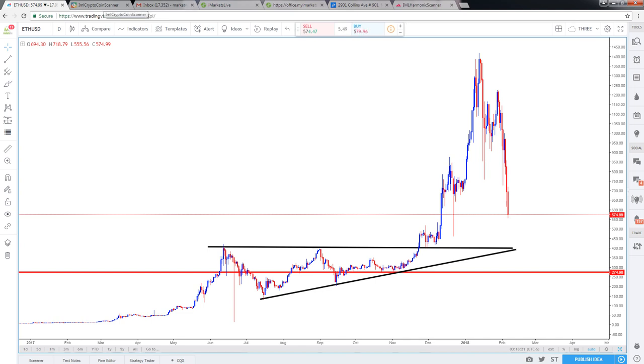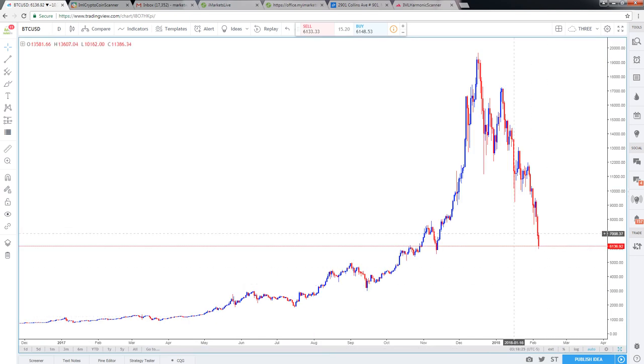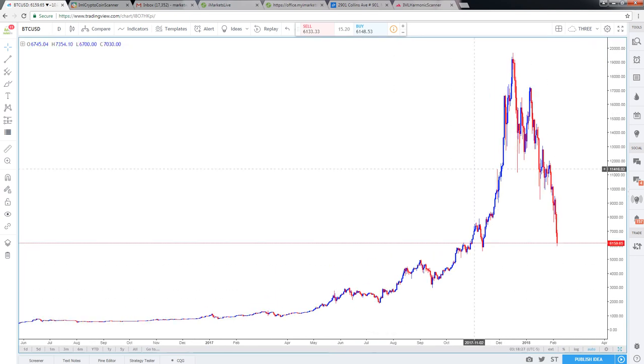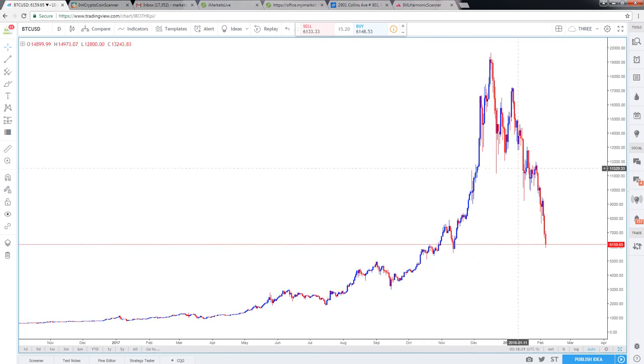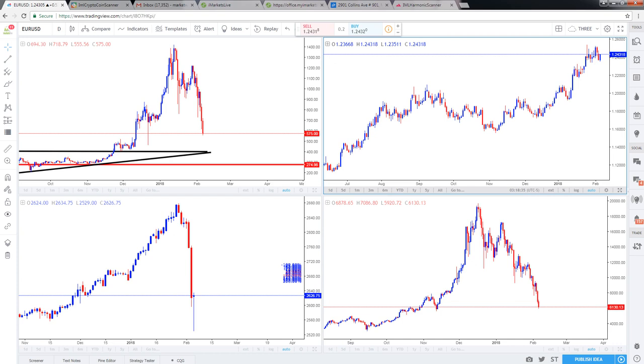And same thing with Bitcoin. Let me show you. I know we had looked at Bitcoin, looked at different retracement levels, but the bottom line is this thing's in a free fall right now, so something to watch. But I want to show you something. Let's just take this up here,